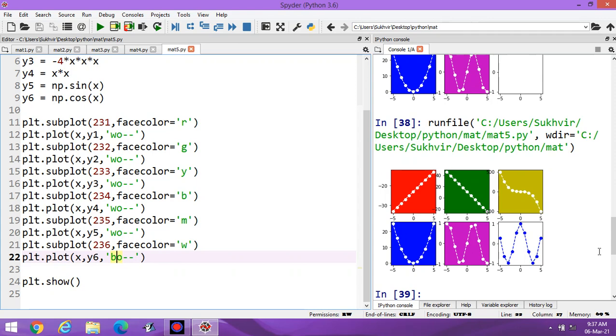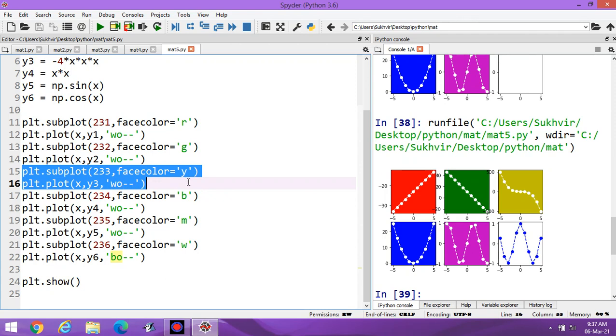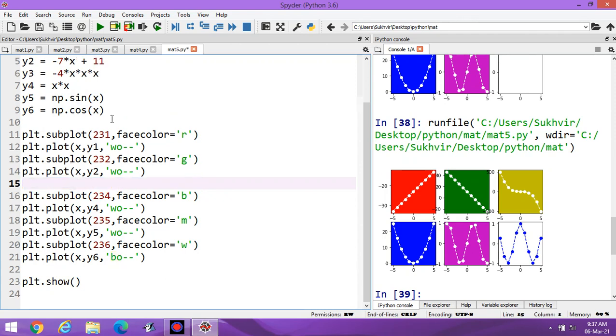I am going to repeat again. The first two values represent rows and columns, 2 rows and 3 columns. Look at this one, 2 rows and 3 columns. And this one is the location, 1, 2, 3, 4, 5, 6 accordingly. Suppose I am deleting this one. It means this graph is not there. This one, third location.